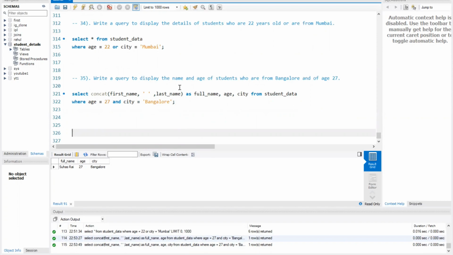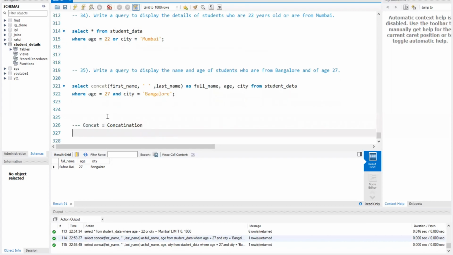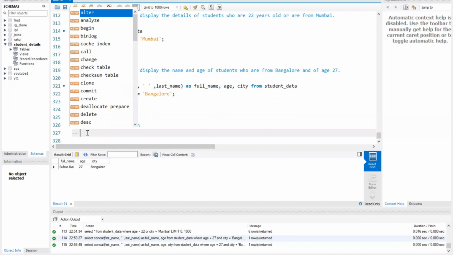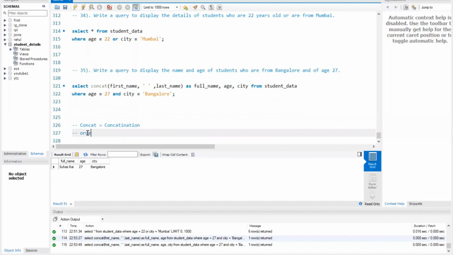Okay, so first we have discussed, let's go in reverse. Concatenation, concat. What does it do? It does concatenation. What else we have seen? Group by? No, we have not seen group by. We have seen order by. Which orders? It orders the condition